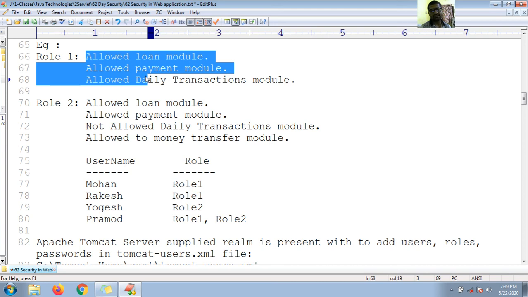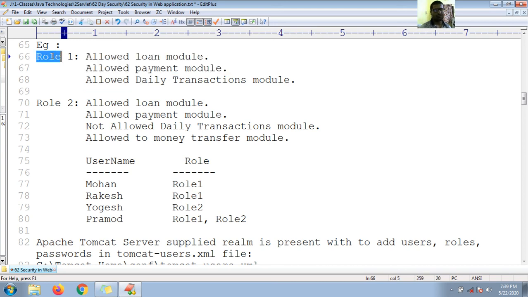I'm not going to assign these three operations individually to Mohan and Rakesh. I made a group into role 1, and the role is assigned to Mohan and Rakesh. Whereas Yogesh is allowed to do role 2. What does role 2 contain? Loan operations, payment operations, not daily transaction modules, but money transfer modules. Whereas Pramod is allowed role 1 and role 2.